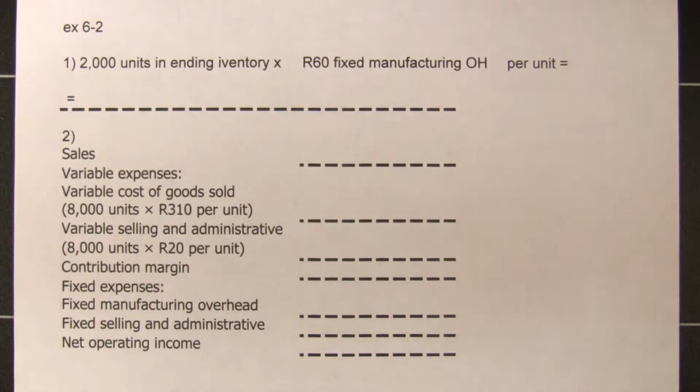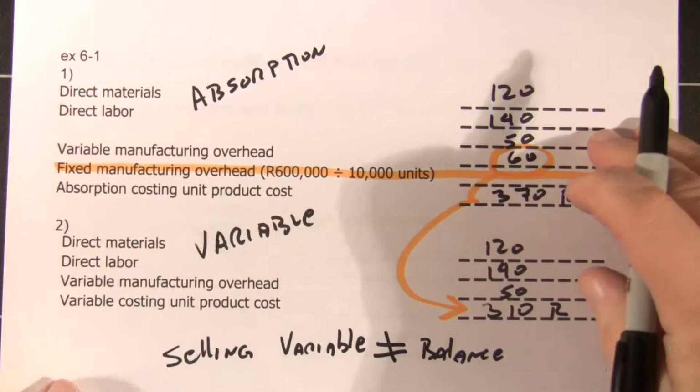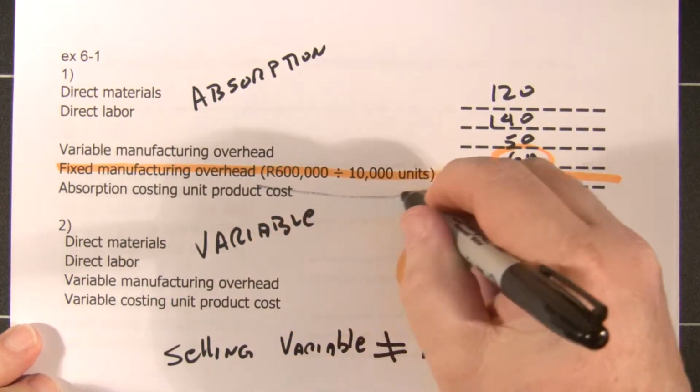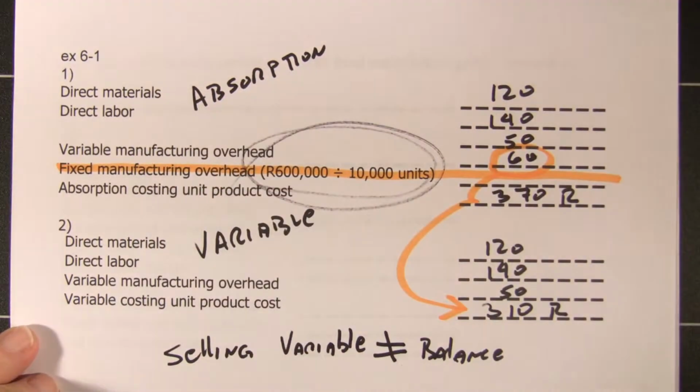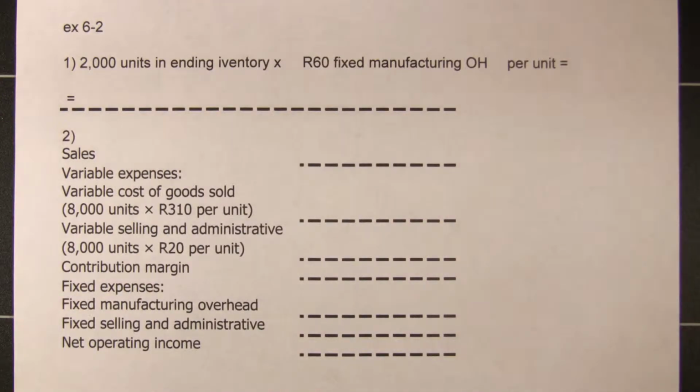Okay, exercise 6.2 refers you back to some of the information from 6.1. We're still dealing with the bicycle company, and they ask us how much of last month's fixed manufacturing overhead cost was captured in inventory. And if you remember, that was this number that we did when we did 6.1. So it's $60 per unit,